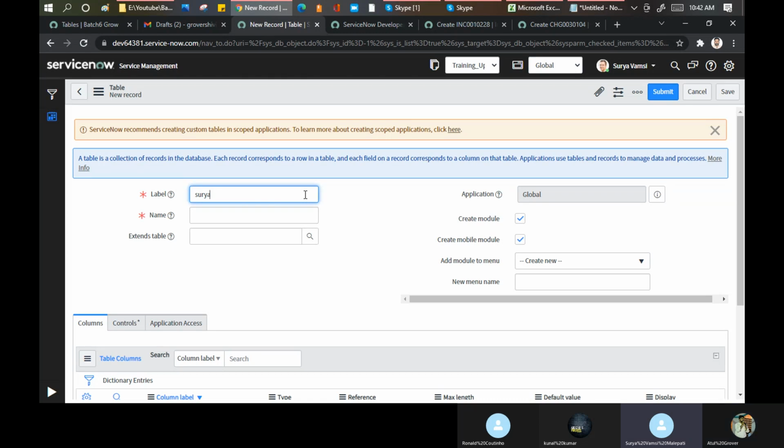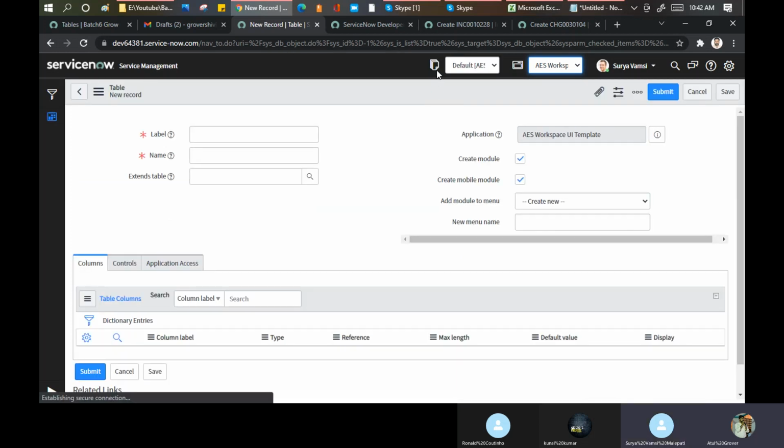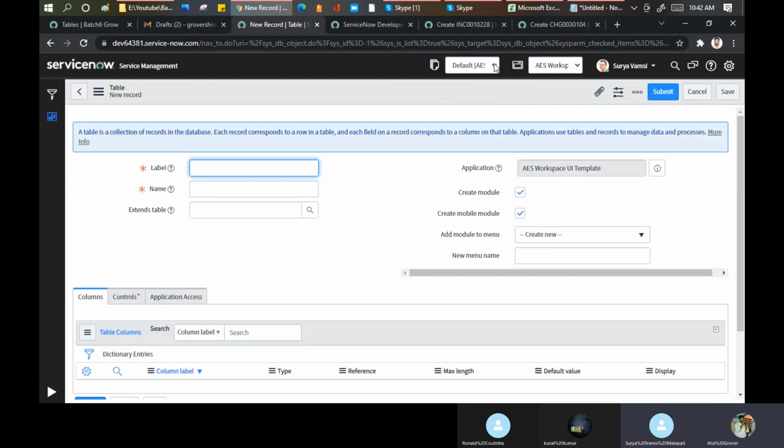While you are changing from global to this scope, why are the update sets also being changed? Previously you kept it in the ITSM workspace, but this will change when you change the scope application. Let's try this. Good question. Sometimes we need to do the practical part as well. No, it is not changed. Yes, it's changing. So on the basis of this, it's changing the update set as well.